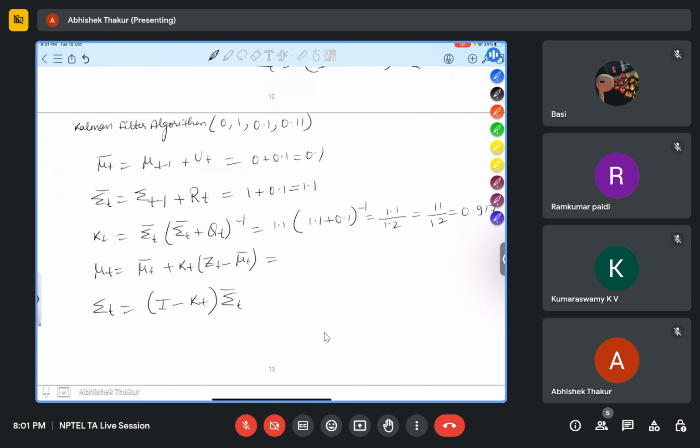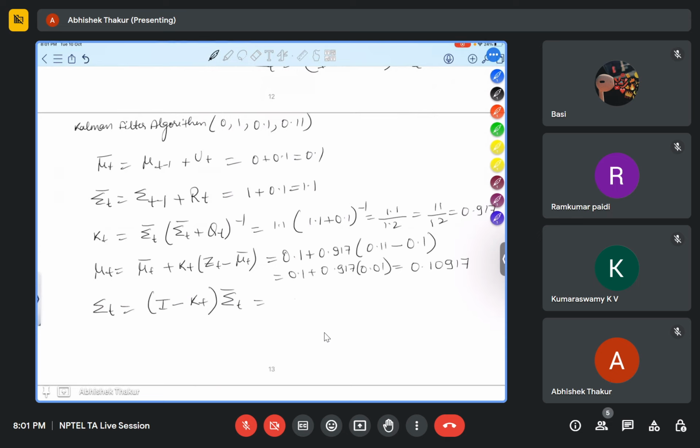Again, the belief at timestamp t is given as mu t bar, that is 0.1, plus Kalman gain 0.917 into ZT, that is 0.11, minus mu t bar, that is calculated as 0.1. So this is equal to 0.1 plus 0.917 into 0.01. So this is equal to